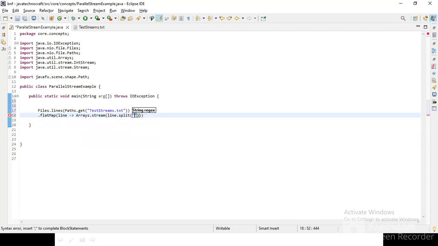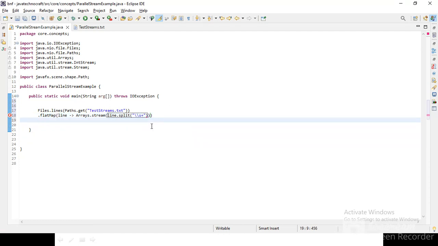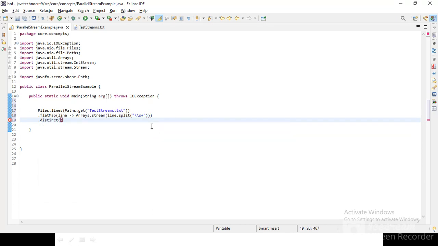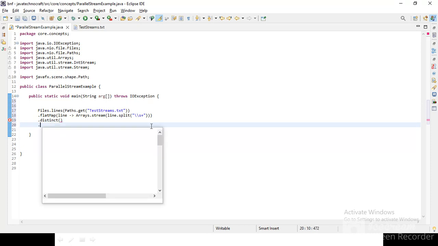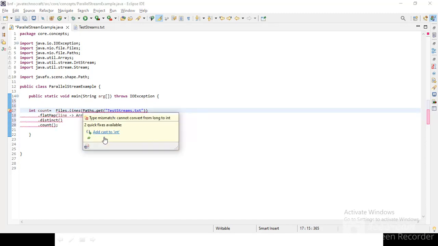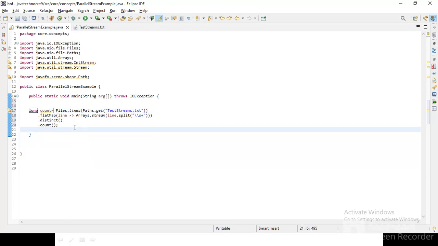The space pattern is double backslash s plus, which is the space symbol, to identify the space between words. Then we will say distinct, because we need to identify the distinct words, and then we will count the number of words. This will give me an integer, I think. Let me see. int count equals, okay, it's not an integer, so I change the type of count to long, since it's returning a long. So let's print